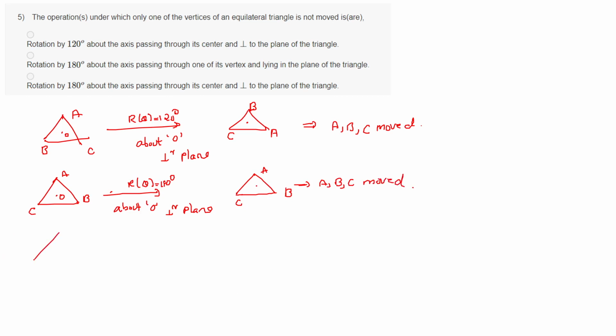Now the third one, considering ABC. Okay, O. Now the third one is like passing through A in the plane, passing one of the vertex. So we are considering passing through A just like this. Then we are rotating. So what will happen? If we are considering this as a base, and if you rotate 180 degree,